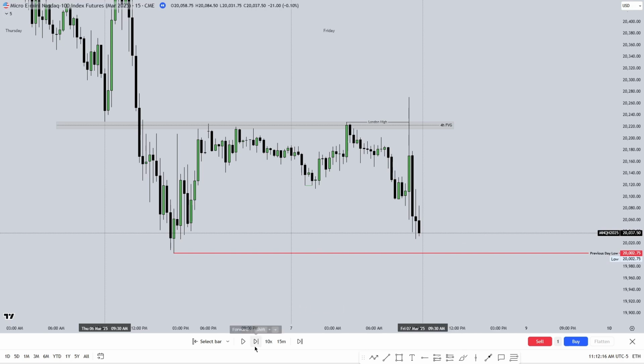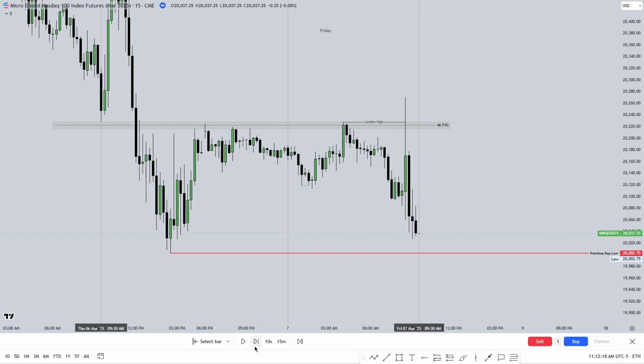So if we play this out right here, 9:30 opens right there and shoots up. That's the scenario that was most ideal for me because what it did was it generated these equal lows. This would have been different, and hopefully this isn't getting too confusing or rambling too much, but this would have been different if ES had taken the previous day low.